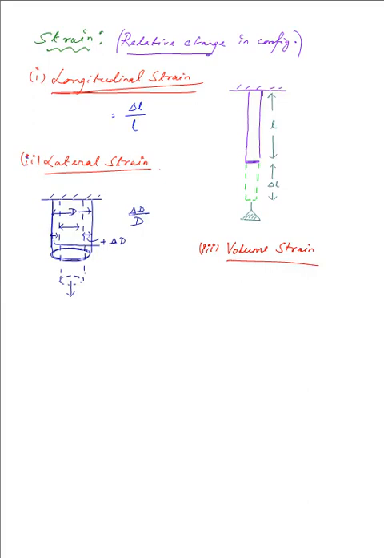Suppose we have a spherical volume and it is being compressed by certain forces which are acting on its surface and reducing it to some extent. So it's been reduced to this shape upon the application of some external forces,